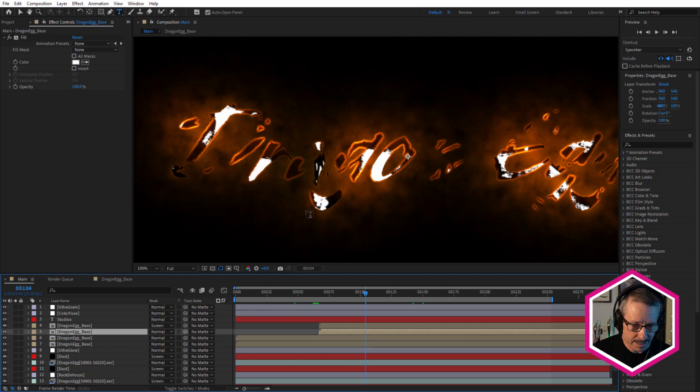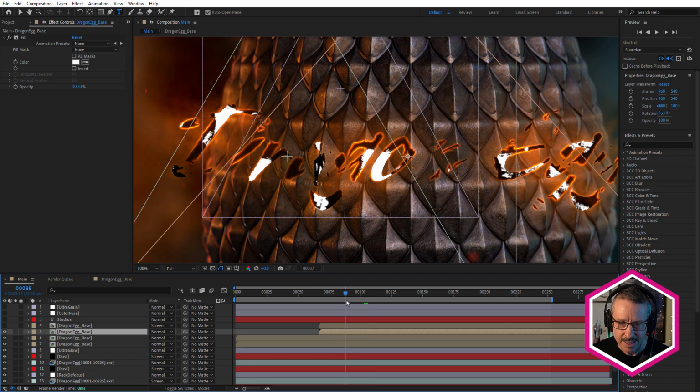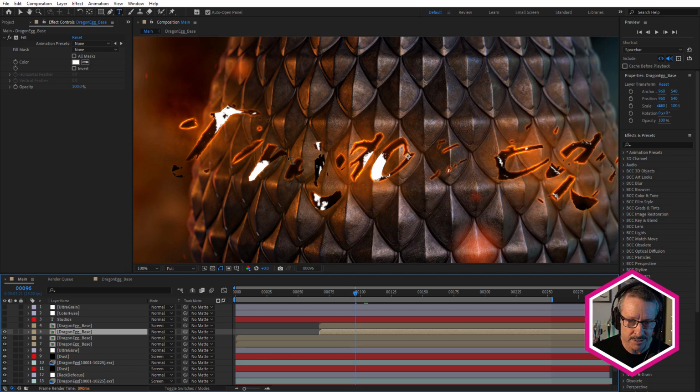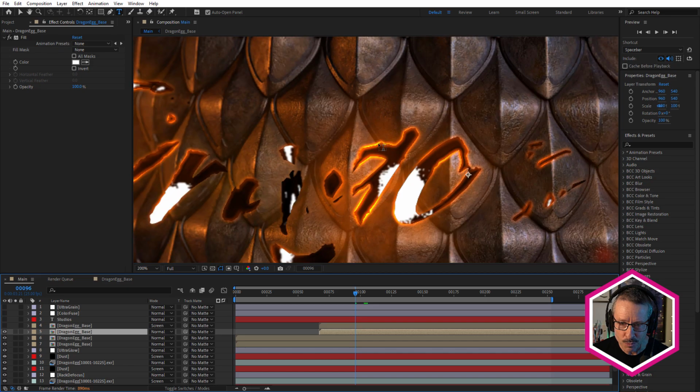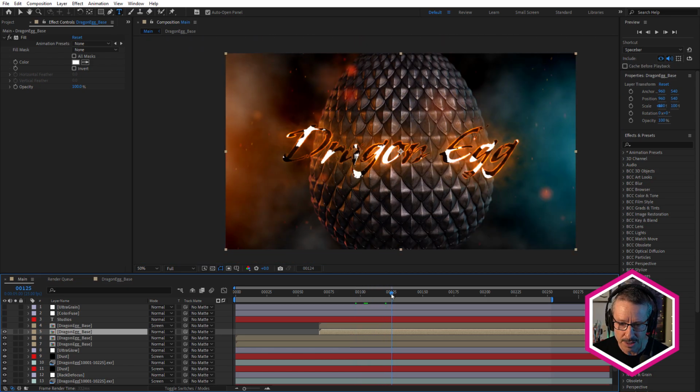I just felt that, I'm going to turn these off. I just felt that having it all reveal at the same time, having the white text reveal at the same time wasn't quite as interesting, it wasn't as dynamic. So I decided to just offset the white so it gives me an extra level of reveal. So we get a little bit of this action going on and we get to see that before it gets covered up by the white text.